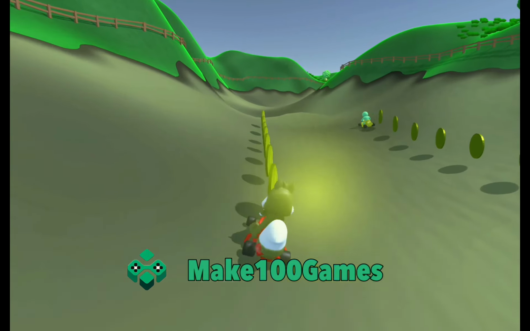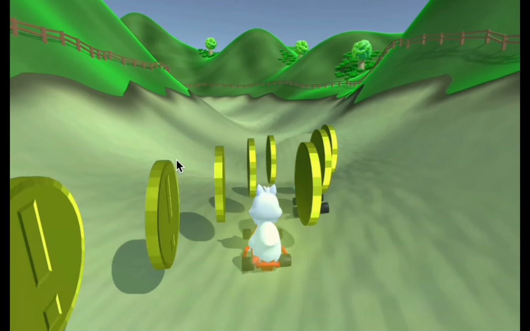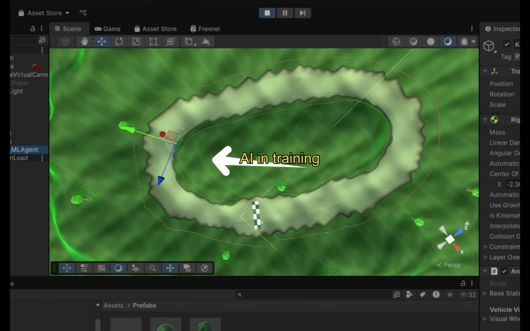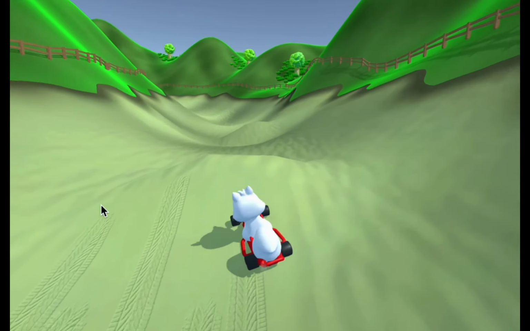This is video number 6 in my series about building a kart racer in the style of Mario Kart. In our previous video, we trained an AI to drive laps around our track. In this video, we will take a look at a few ways we can get some animated characters into our